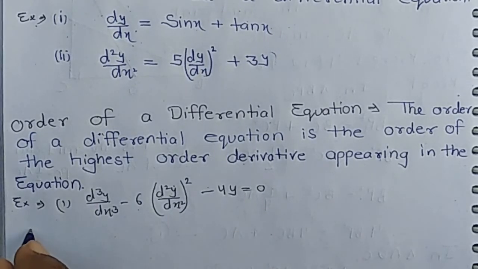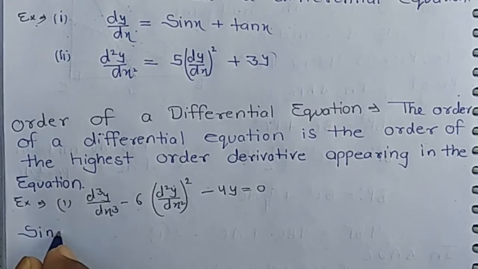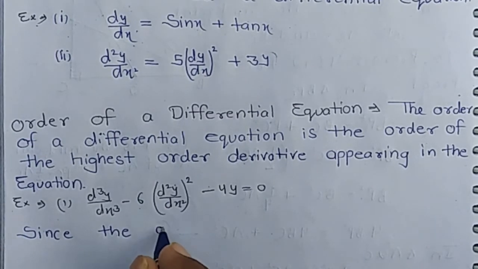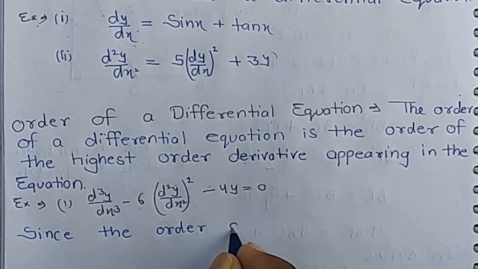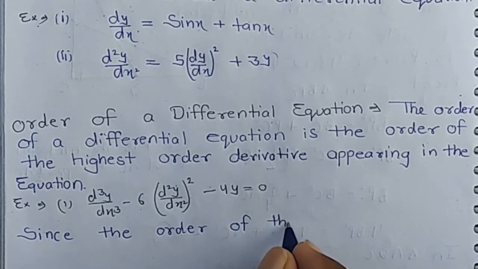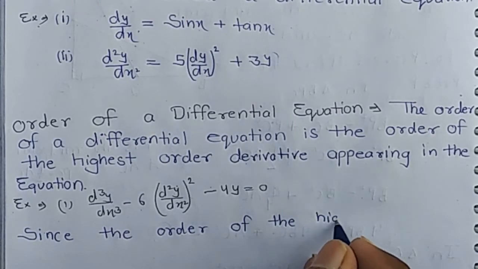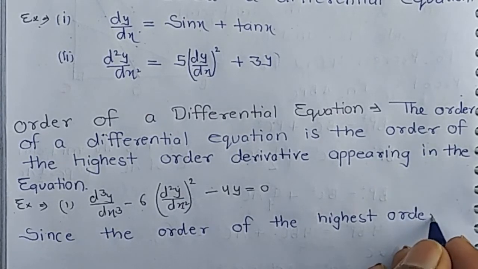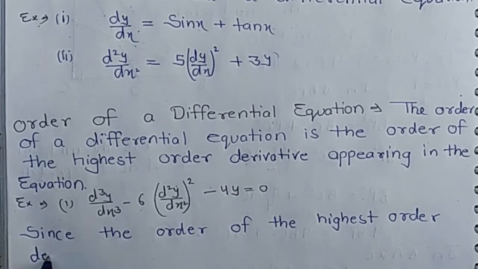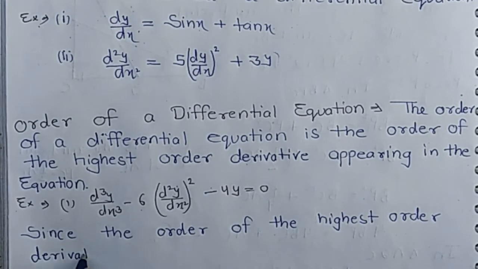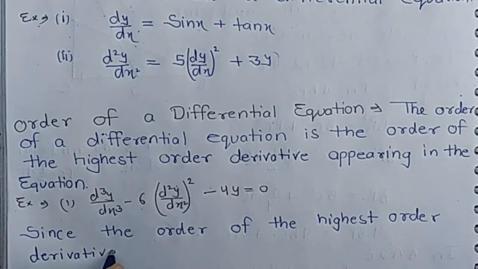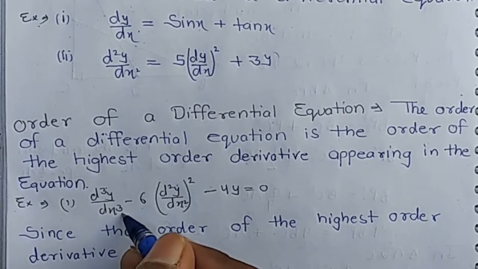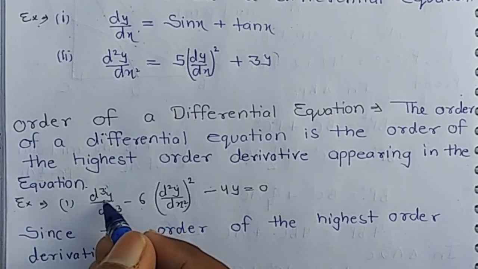Since the order of the highest order derivative is, it is d2y by dx square and it is d3y by dx cube, means the highest order derivative is 3,